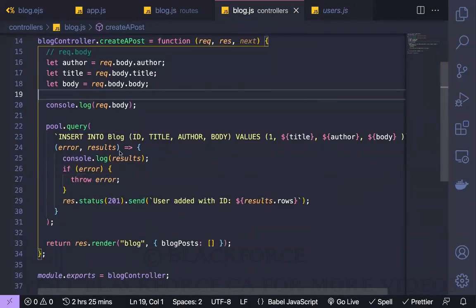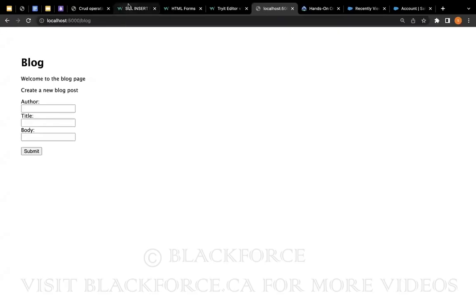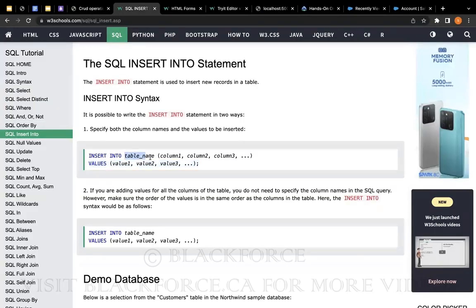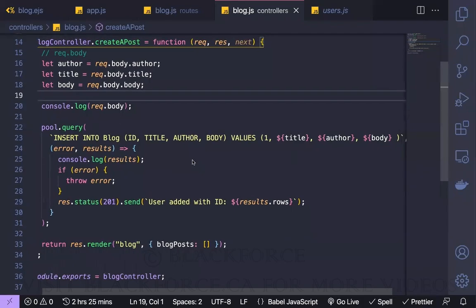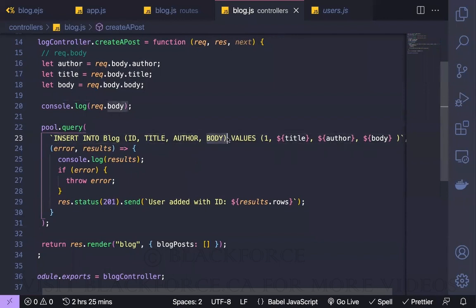No. So before I try this, insert into blog is just the syntax from SQL, right? Insert into table name, call your columns, then give the values you want to insert. So, insert into blog, ID, title, author, body, and the